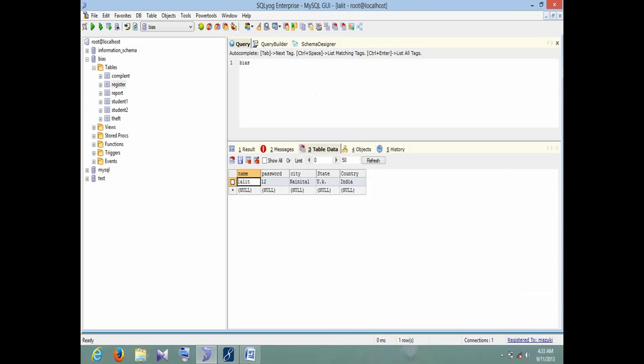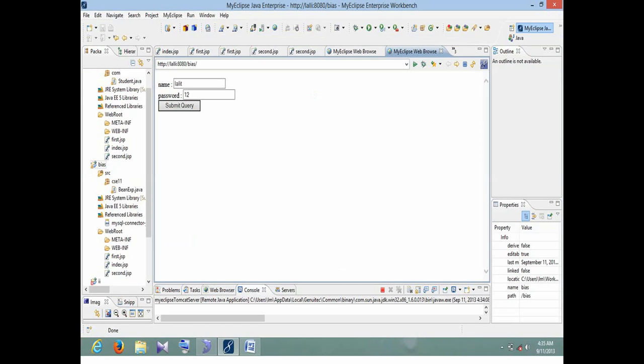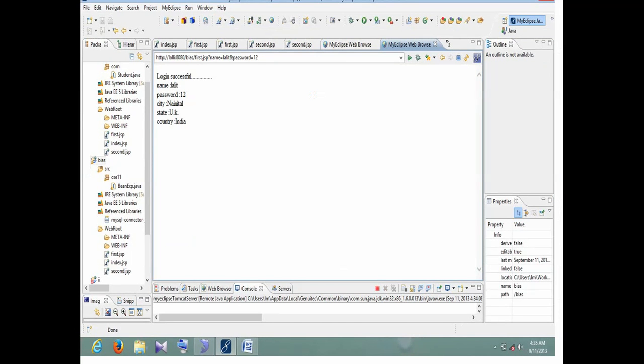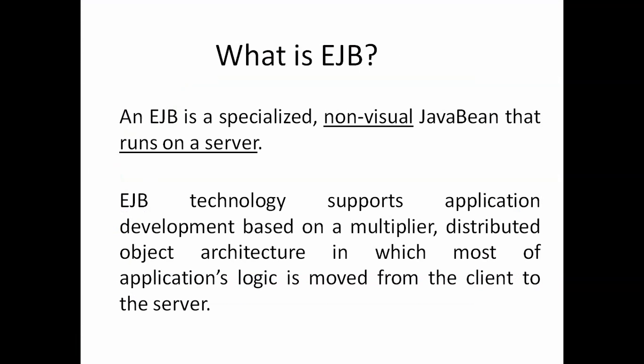You can also write create table this way, and then this is the first index.jsp page. It is the snapshot of that page, and this is the output page. It means I have run this program, and then after running it I have given the snapshot of this one.